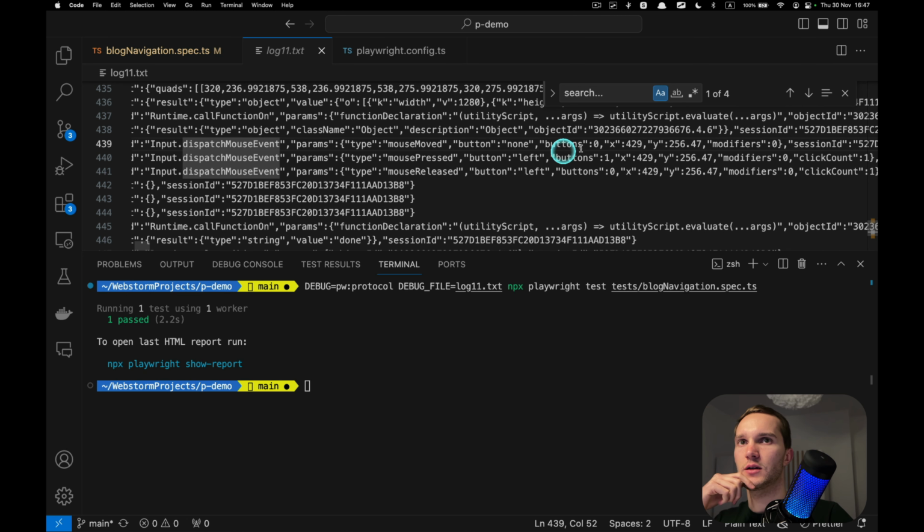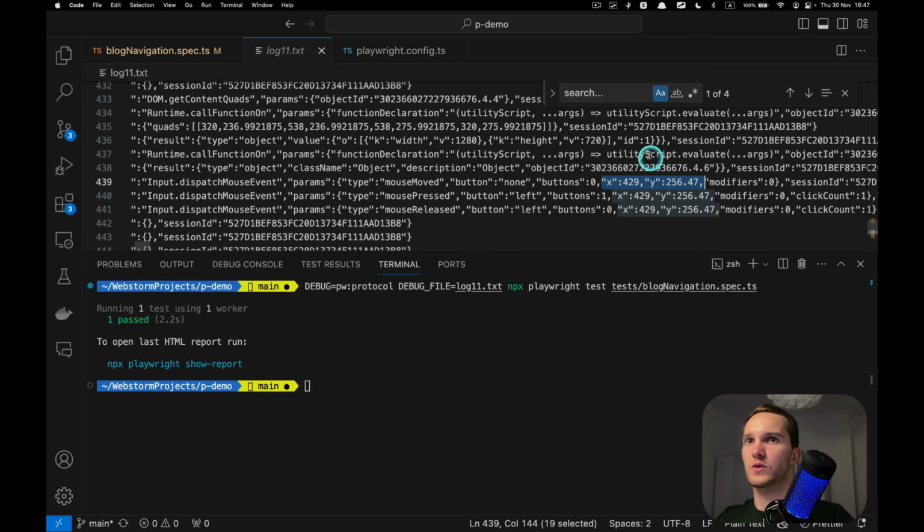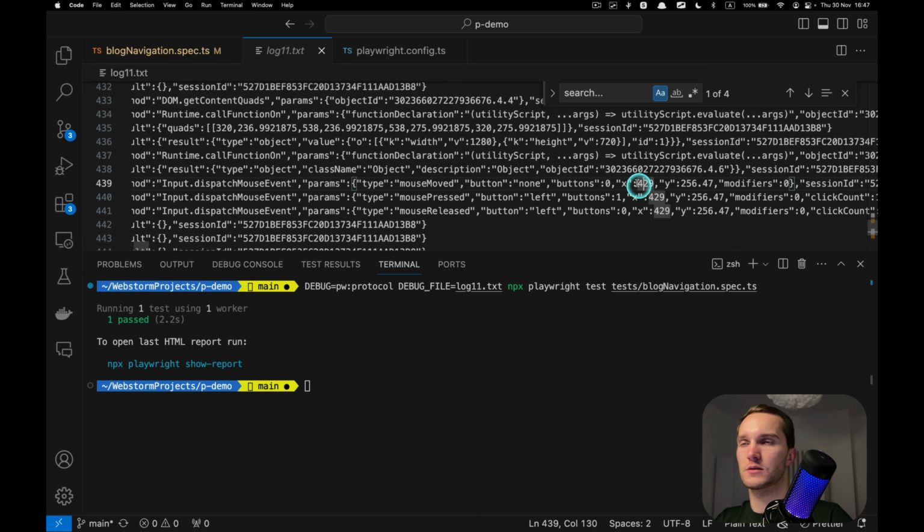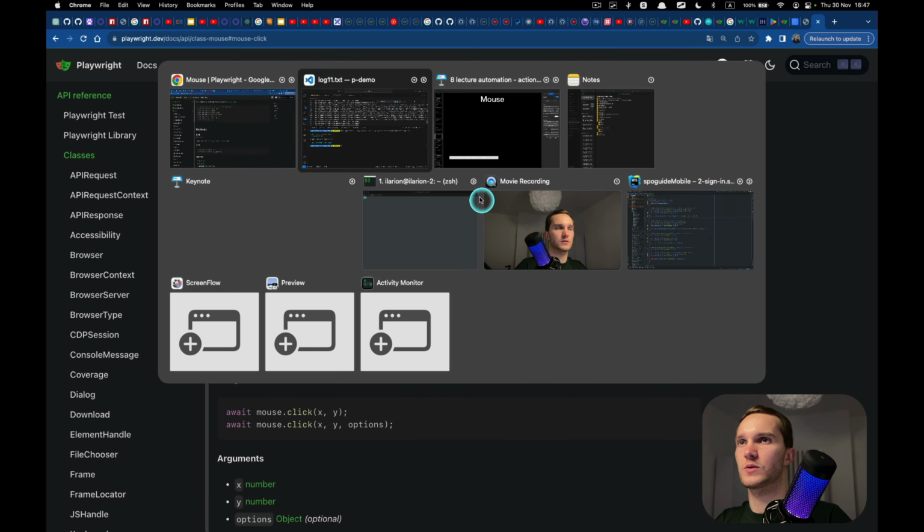Okay, what else I wanted to show you? Actually, it clicks not on some specific element, it moves the mouse to specific coordinates on the page. So somewhere it returns this coordinate. Do you remember what we have in the test? I will remind you.